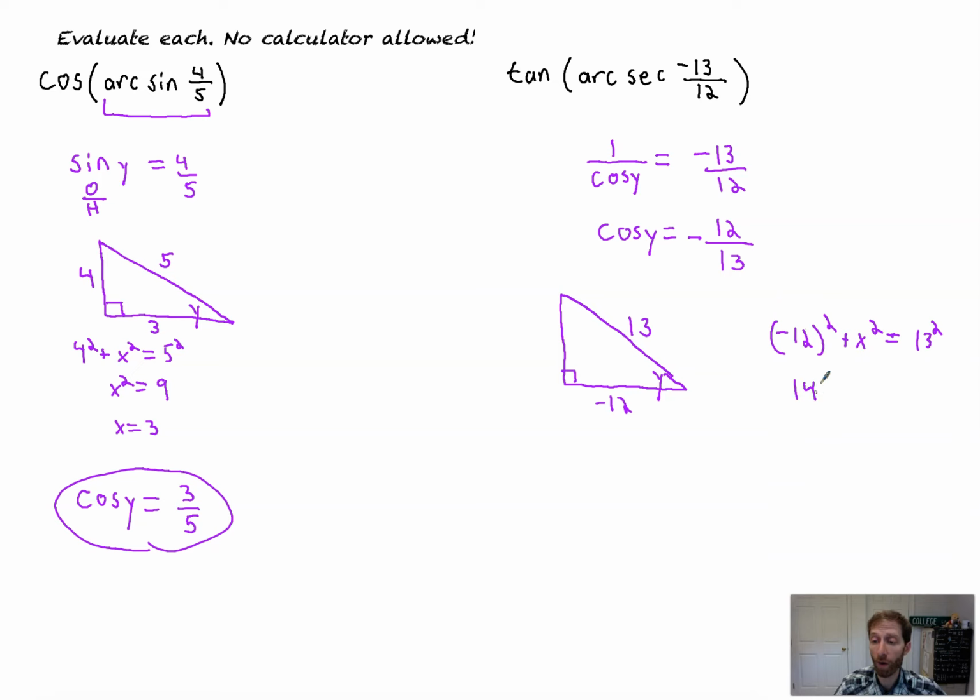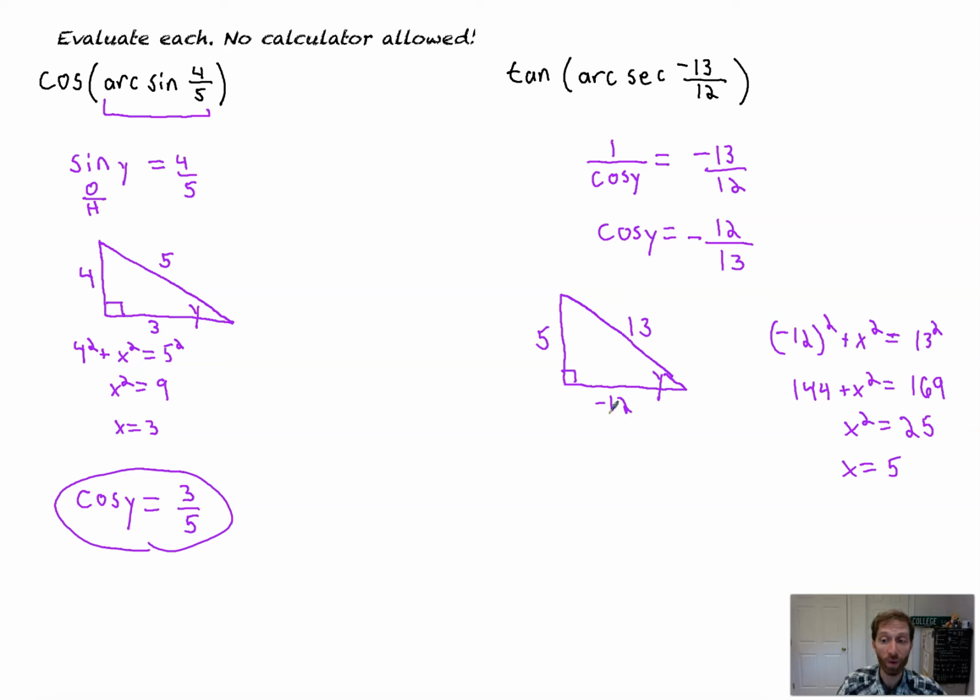That's 144 plus x squared equals 169. Subtract 144. x squared equals 25, so x is 5. Okay, that's positive because it's upwards. So it's positive 5. Now, from here, we're told we want the tangent of this angle, because